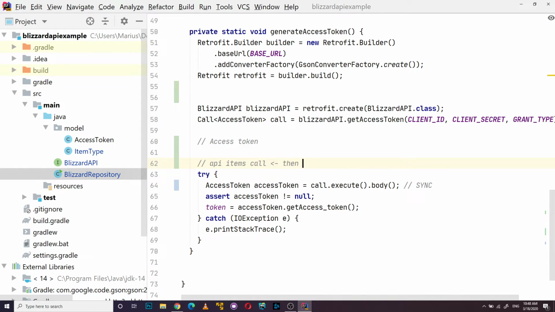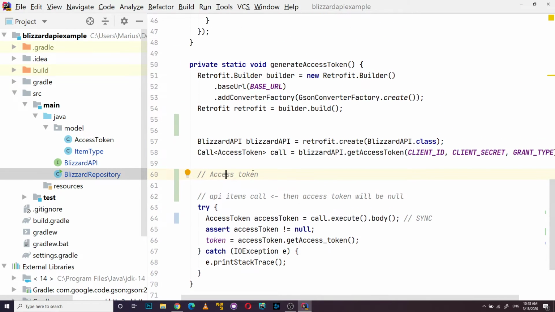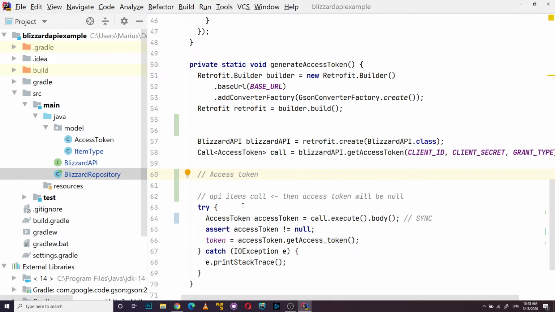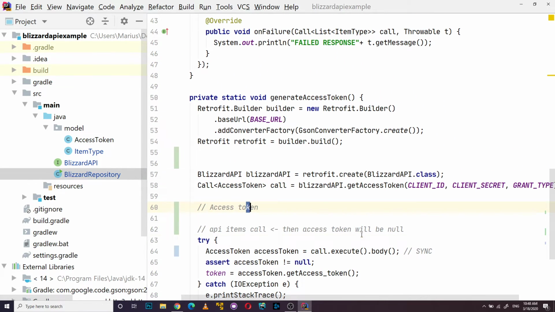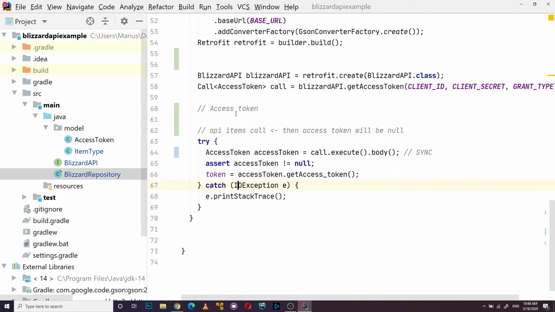then the access token will be null, and you will get some problems. For that reason I added synchronous: before we finish, we should always finish the access token, and then call another one, no matter when the token finishes, no matter when we call this async